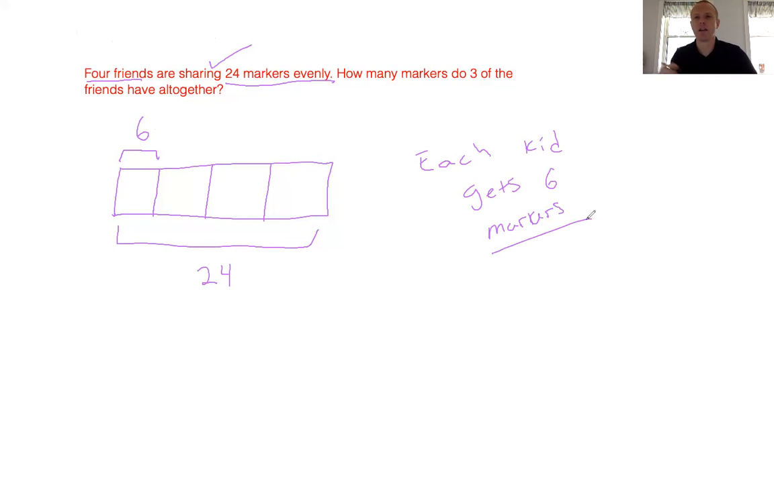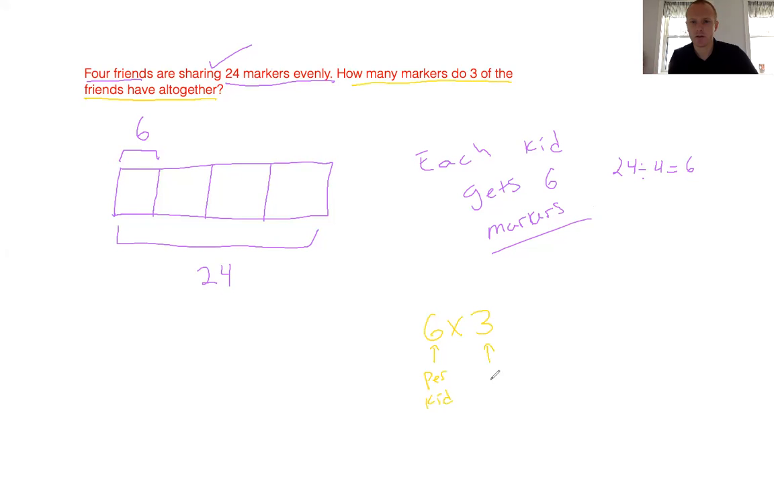I'm just going to keep track of that information over there. And I did that because 24 divided by 4 was 6. Now my second step asks me, I'll do it in a different color here, how many markers do 3 of the friends have altogether? So now I need to take the 6 markers that each kid has and multiply it by 3. So 6 times 3,